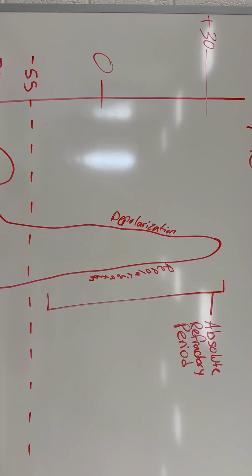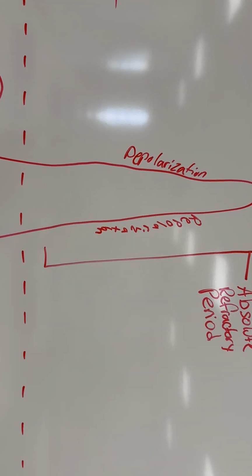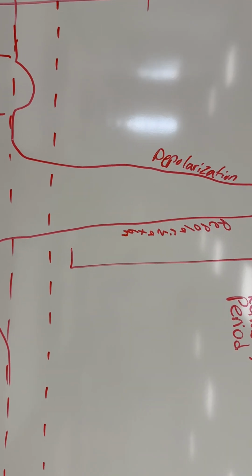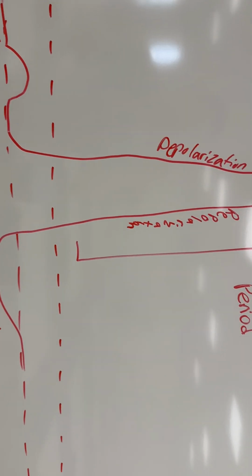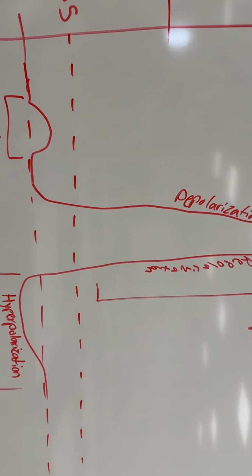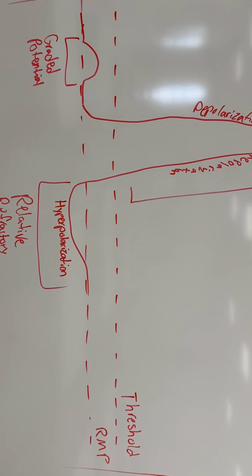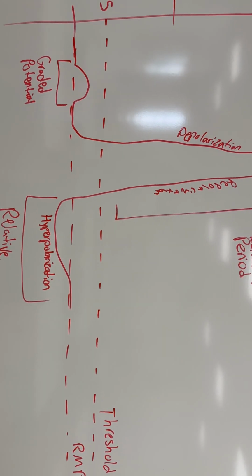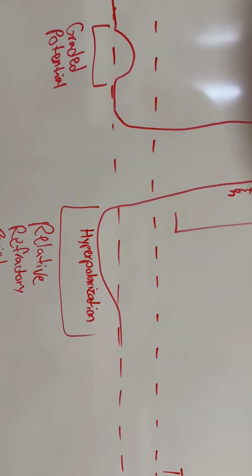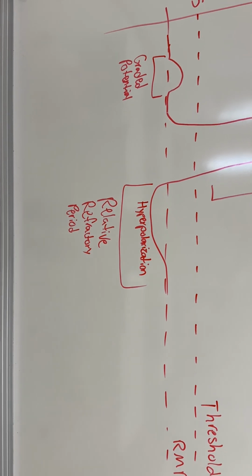And then in response to this, we need to repolarize, right? So potassium voltage-gated channels are going to sense this depolarization. They're going to open up, and then potassium is going to exit the cell at a higher rate than usual, and that's going to result in a reaccumulation of negative charges inside the cell. And then we're going to repolarize, and we're even going to dip below resting membrane potential a little bit here,